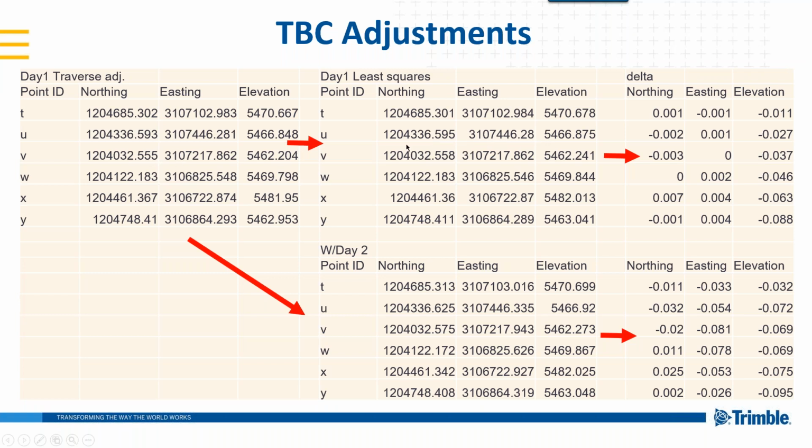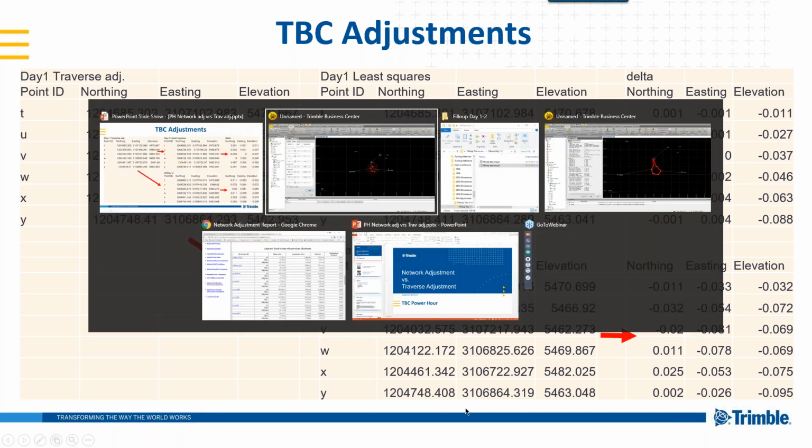The top is just what we saw earlier, but we've added this information for day 2. This is when we held point Hannah and 6.2. And now if you look at it, the numbers have shifted a little bit. The northern and eastern has shifted, the elevations have stayed about the same. But what this indicates is back in our traverse,